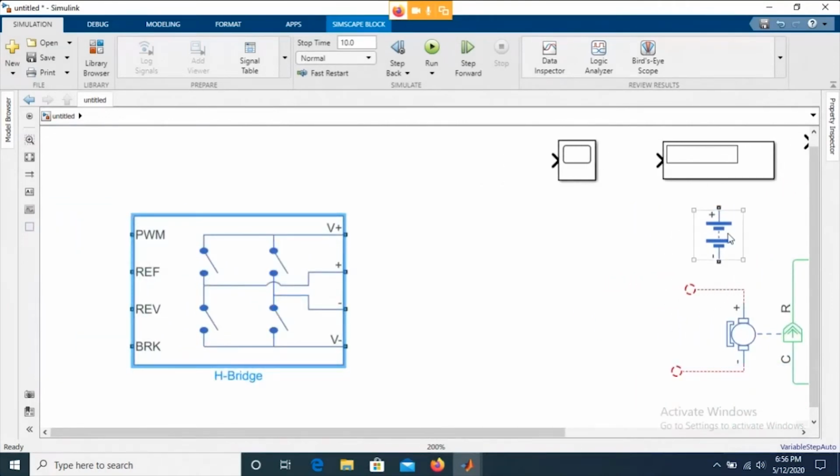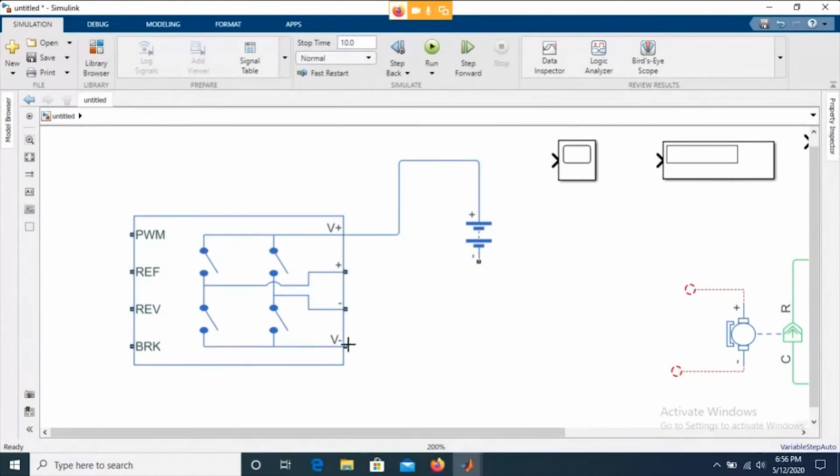So here is a battery, right? I'm going to connect this with this, and connect the negative over here. So these are my blue electrical connections, right? This motor is also blue. The mechanical rotating parts are green. The mechanical angular velocity is some other shade of green. Then electrical systems are blue, right?